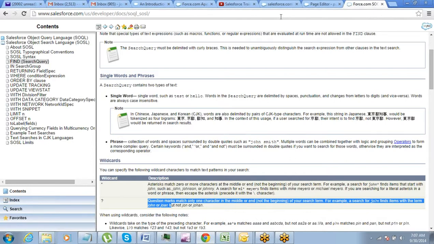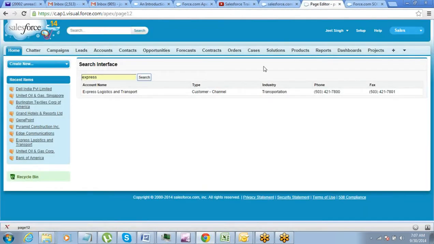So if you are very sure that you are missing one character, then you can use the question mark while performing the search. The more you actually work on this, you will understand. All right. So SOSL is the other thing that I wanted you to understand and spend some time to work on a few more examples.